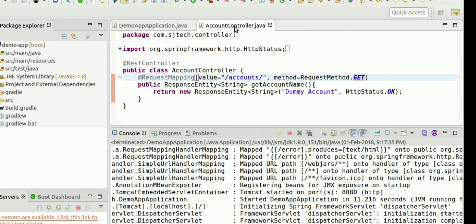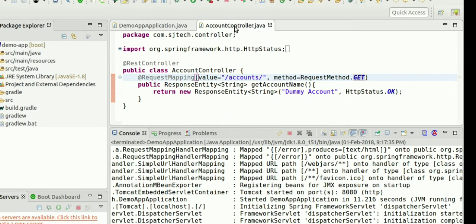It executes this method, a response is generated, and that response is given back to the browser. This is how it works.